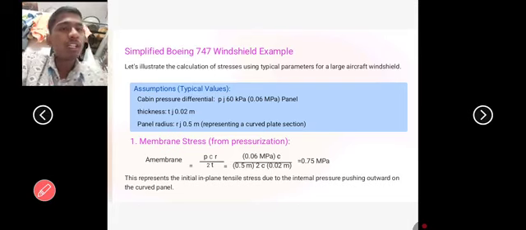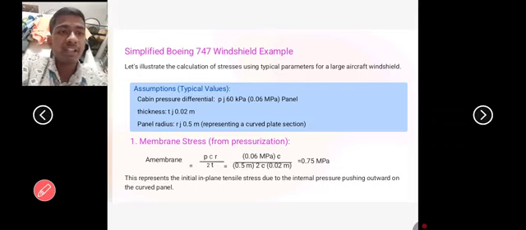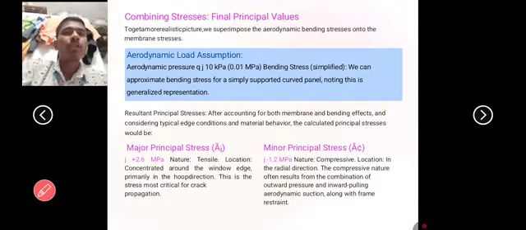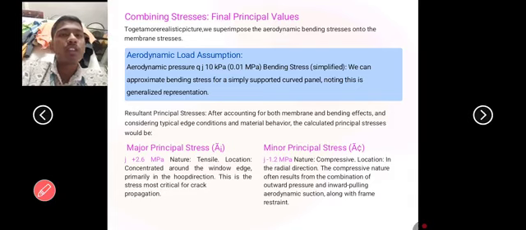Dividing by 2 times 0.02, the membrane stress is 0.75 megapascals. This represents the initial in-plane tensile stress due to internal pressure pushing outward on the curved panel. Final principal values: